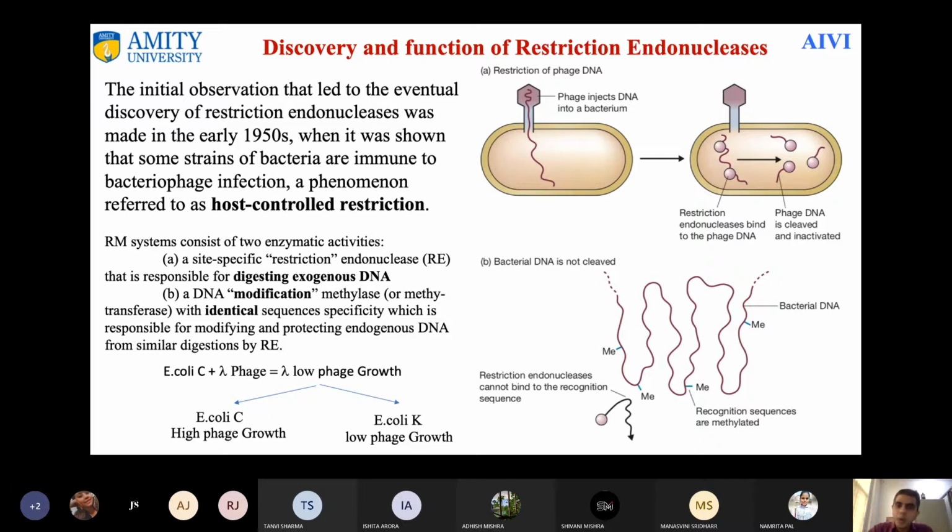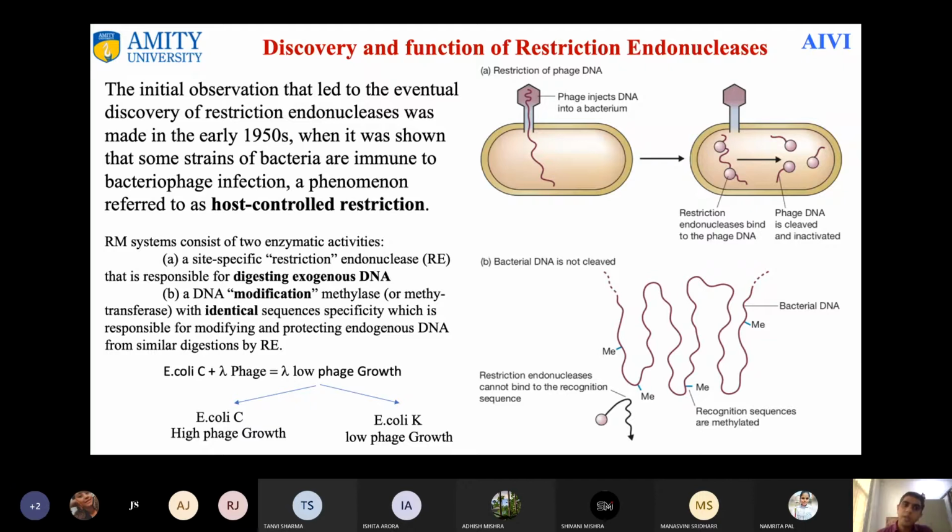But here the host is the same, only some strains are different. The differences between strains are very minute. Both are specifically the same species. Okay, so that's why those bacteria which are immune to the